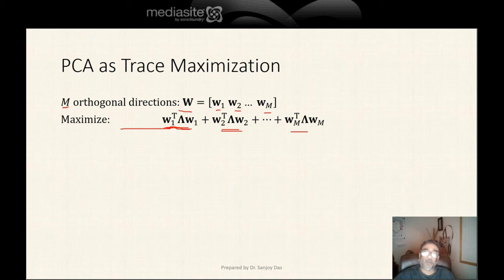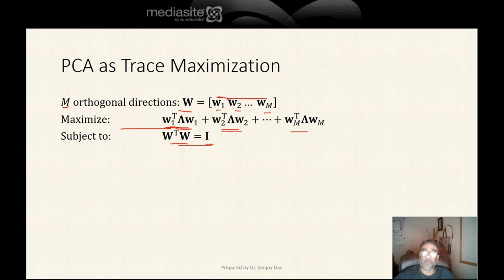W2 transpose lambda W2 is the variance of the projected points along W2, and so on. And the constraint is subject to W transpose W equals I, the identity matrix. Why this constraint? This constraint simply ensures that all the W's are mutually orthogonal to one another, and they're also